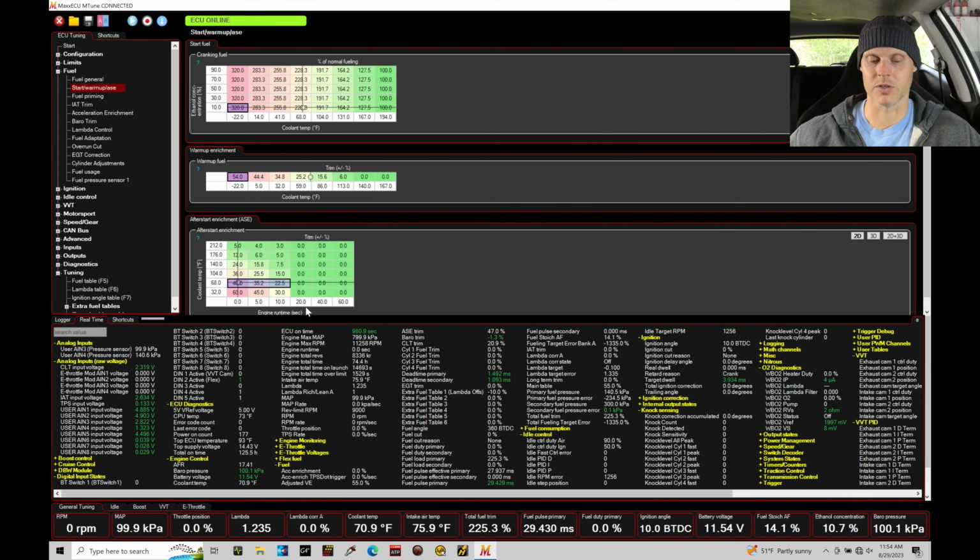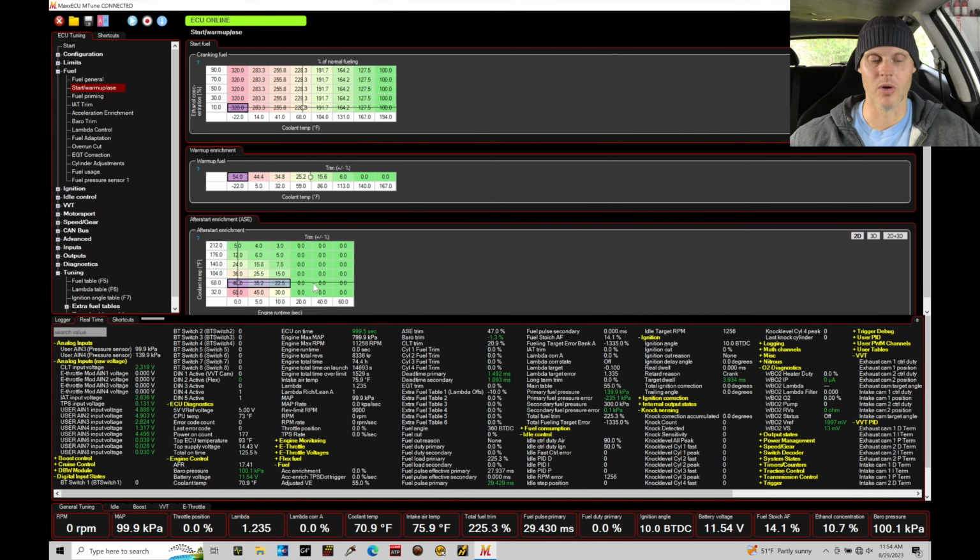We can see here at roughly 20 seconds in, the engine runtime. So 0 time is when we're firing off. So we cranked and it started to fire and run above 300 RPM. It'll apply the multiplier here for a brief period of time, then it'll decay away, and then it has no further after start enrichment. This is used to stabilize the combustion to get the engine to fire up and run,